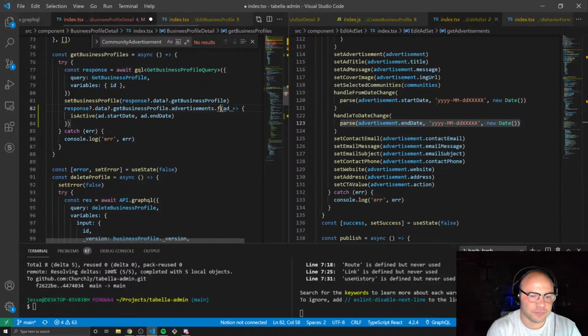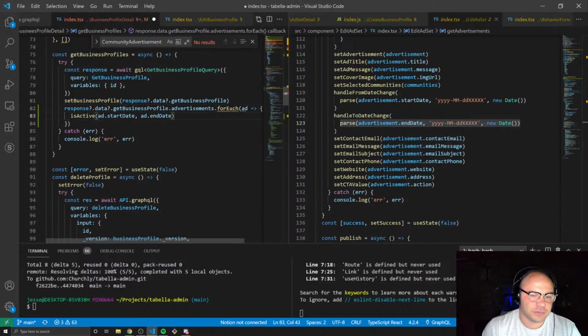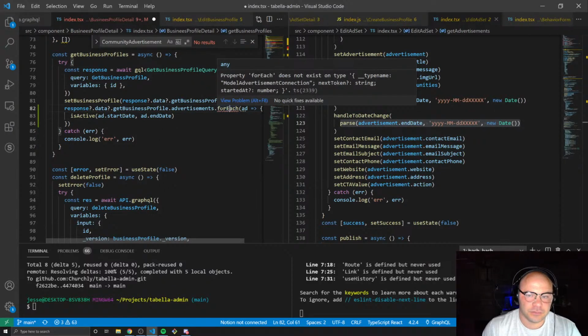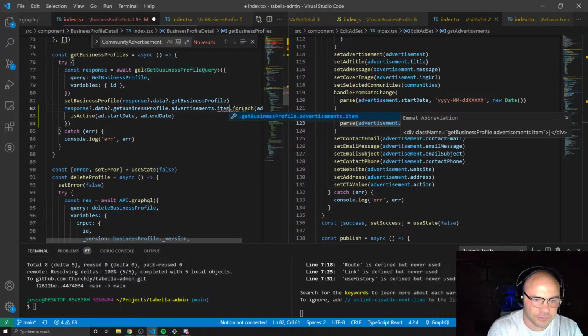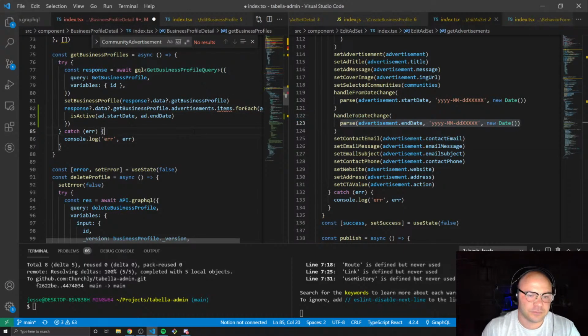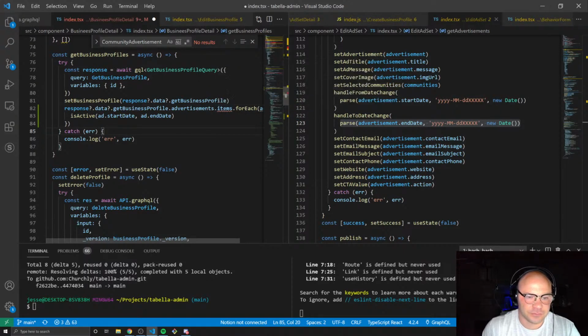Let's do for each add, advertisements dot items. There we go. That should work. Well, it should work, but we're getting an error on there. So let's go with